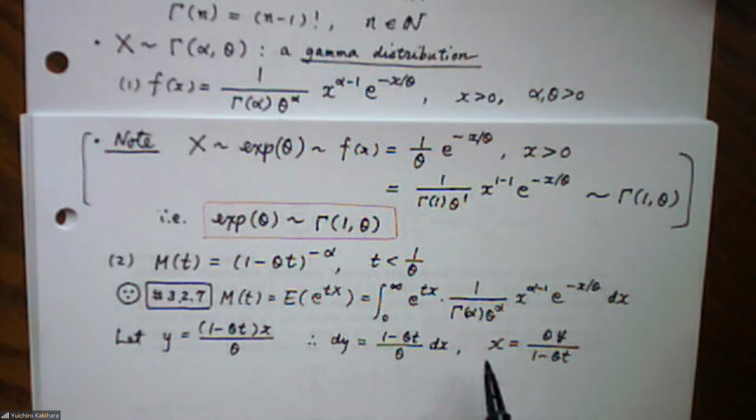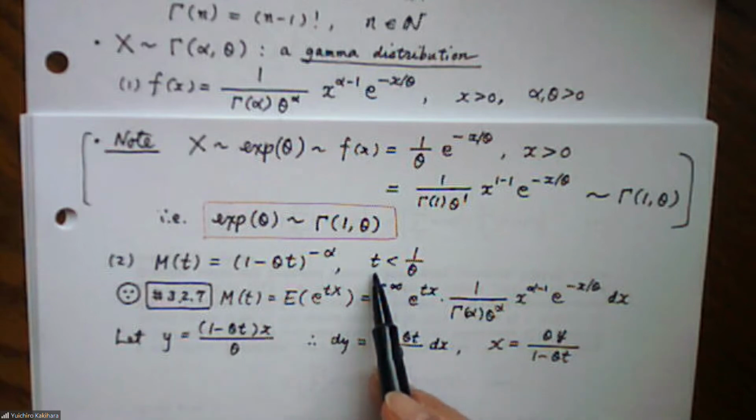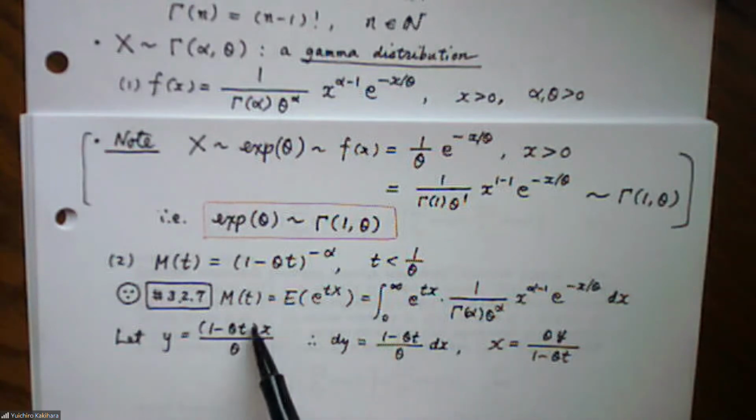And also this guy. When x is equal to 0, y is equal to 0. When x is infinity, then y should be infinity, because we are restricting t to be smaller than 1 over theta. This is always positive. So when x is infinity, then necessarily y is infinity. So 0 to infinity is not changed. Okay, so then m of t is,